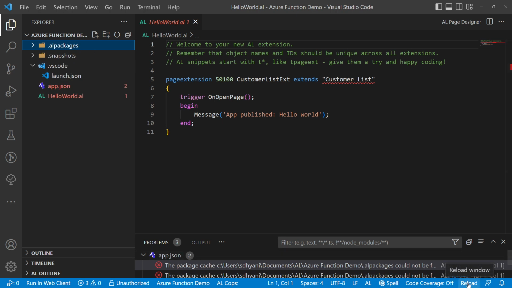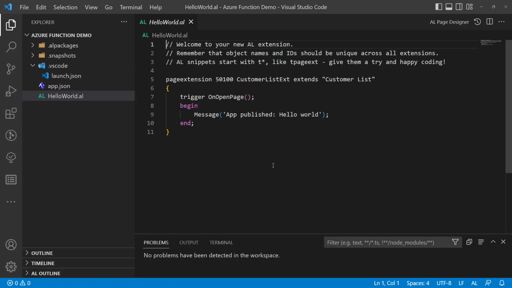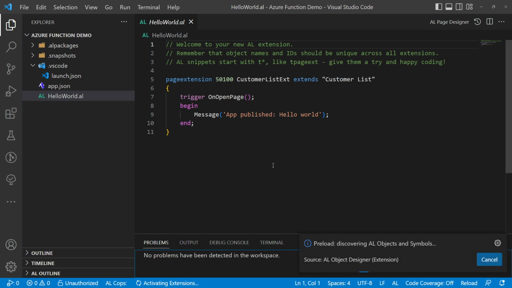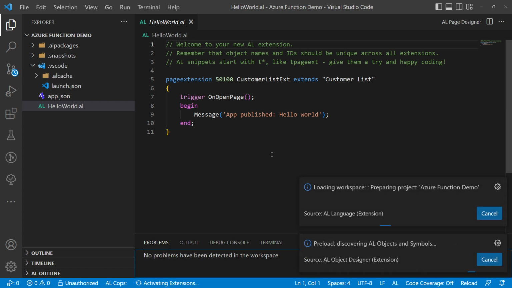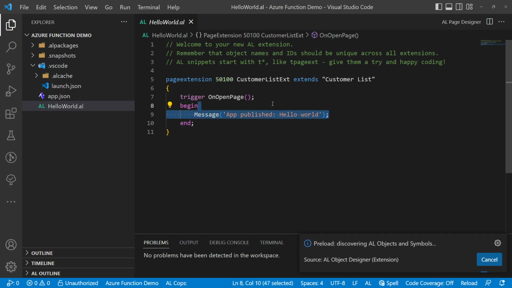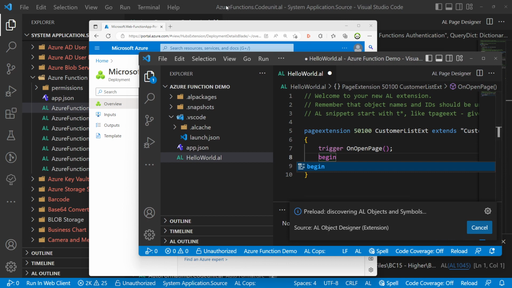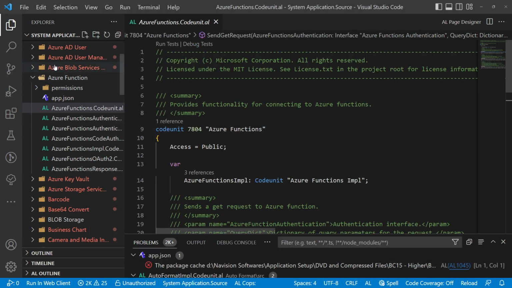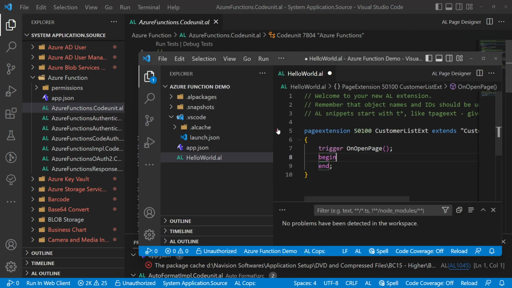Okay, everything got downloaded. Let's reload, and we are here. Now let's not be pretty as we are trying this out. Let's do something here only. So what we saw in our system application, that there's a code unit for Azure Functions. So let's try to do something over there,